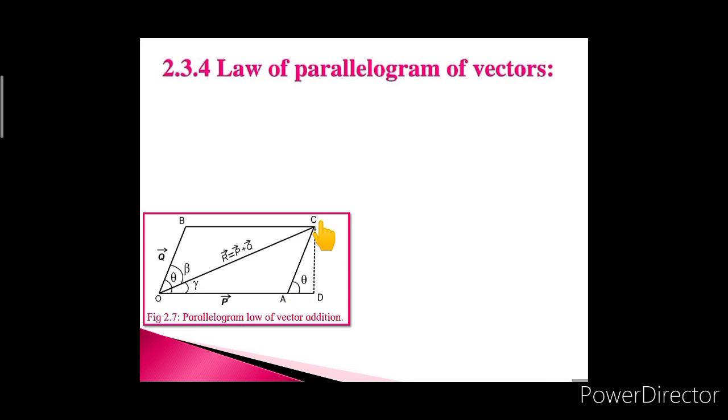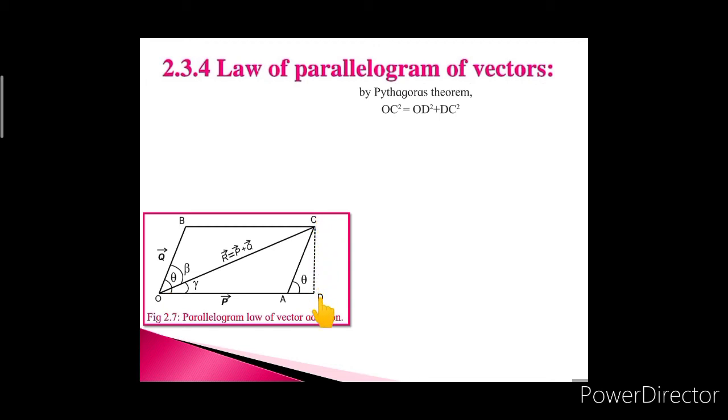So we can say that angle CAD is theta and angle CDA is 90 degrees. So one more right angle triangle we are getting over there, that is ADC. In the big triangle ODC, we are supposed to apply the Pythagoras theorem, and hence we can write OC square is equal to OD square plus DC square.